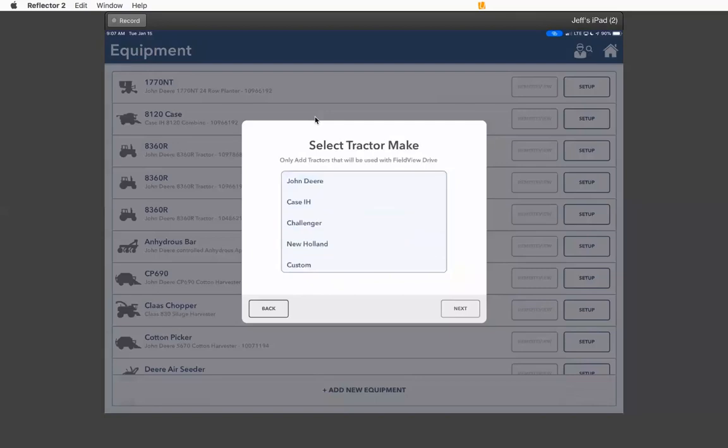I click next here. It asks me what my tractor make is. And we have a lot of different supported makes here as well as custom. I'm going to say that I've got, let's say, a New Holland tractor. I hit next. It asks me what model number it is. I can pick a model number. And then it asks whether it's articulated, front, or track steer. I'm going to say this is a front steer tractor. I actually don't know if that matches up with the model I chose, but I'll say it for the sake of